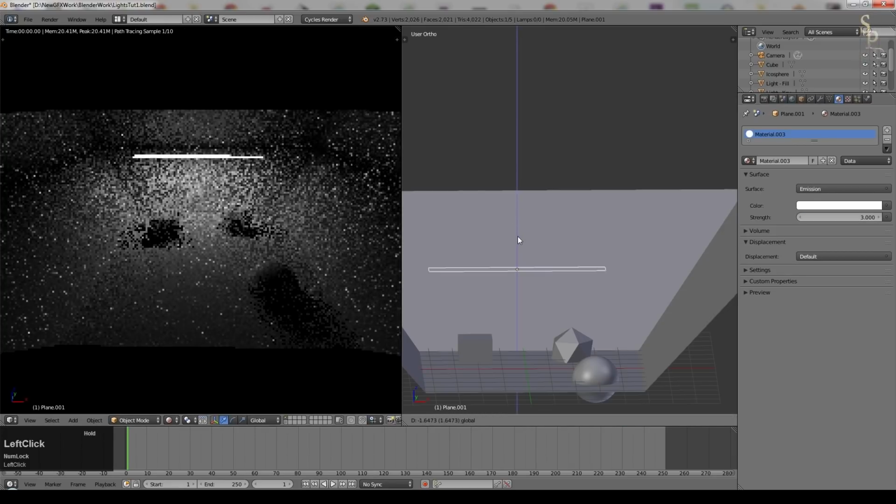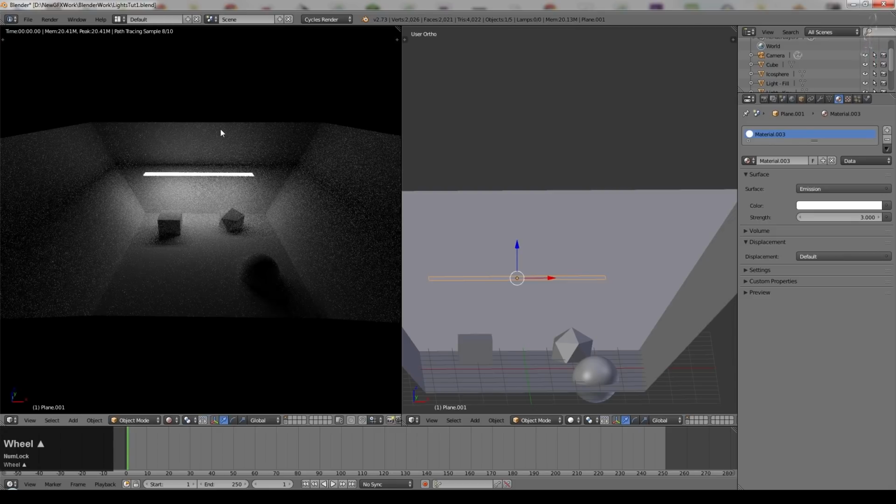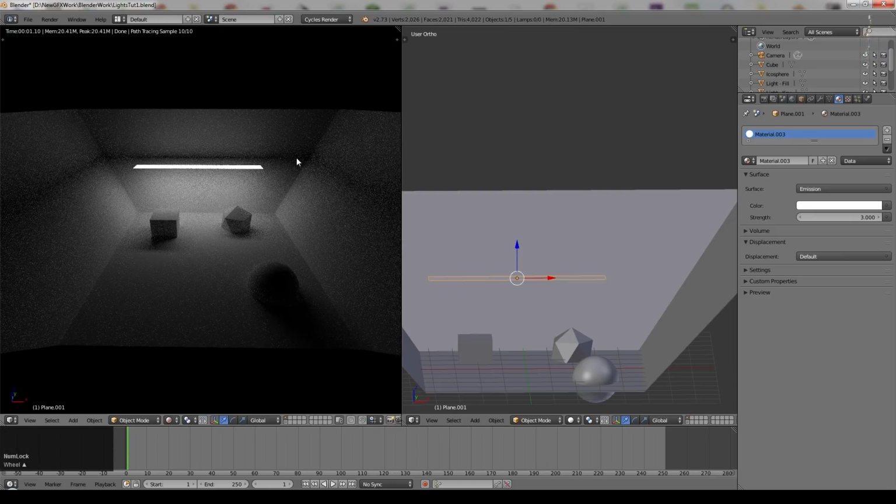But here's something to note. You can see we've got light coming off the top surface, light coming off the bottom surface, and it's obviously going in all sorts of directions. But one direction it doesn't really seem to be going in is this horizontal line in line with this plane. And that's because this plane has no thickness, and therefore there is no light being emitted in that direction. For the majority of uses, that's not an issue. You're not going to be too worried about that. But occasionally, especially when you want light close to objects, you may not want this dark line showing up.